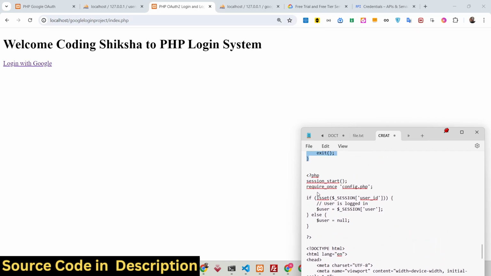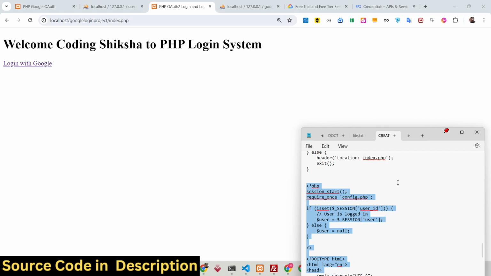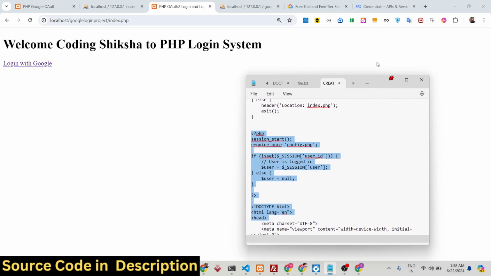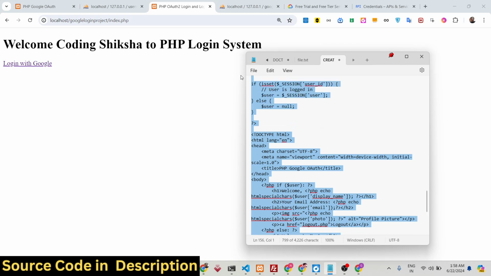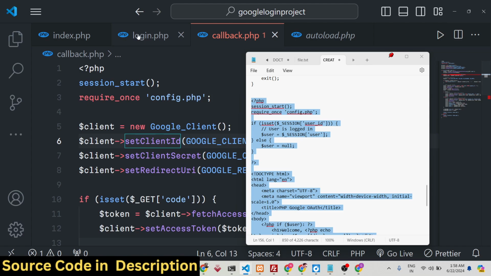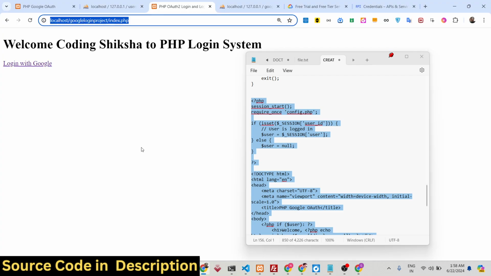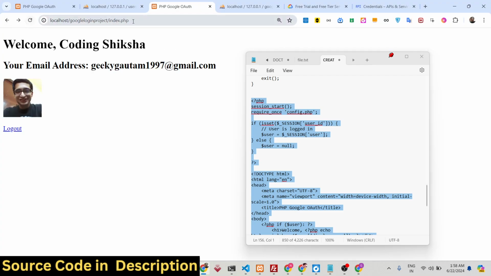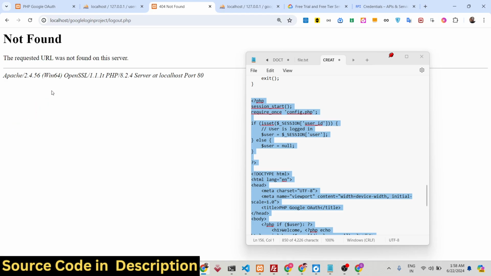And then we have this file right here. Let me see. We should print out the information. This is the index, the home page of the application. Let me paste it. So if you see, guys, basically